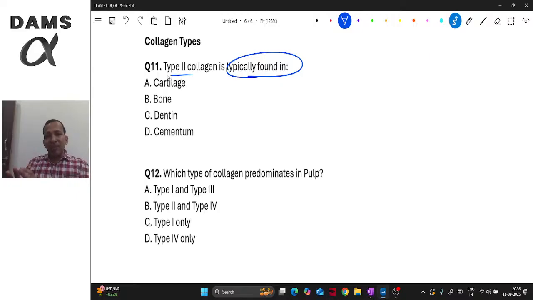Now there is no specific use for these collagen fibers, right? There is no specific use or significance for this collagen fiber. Maybe it provides strength or substance or shape to the enamel organ, but it has never been clearly mentioned in